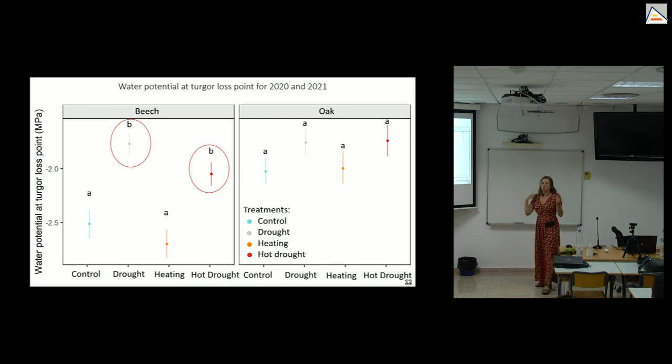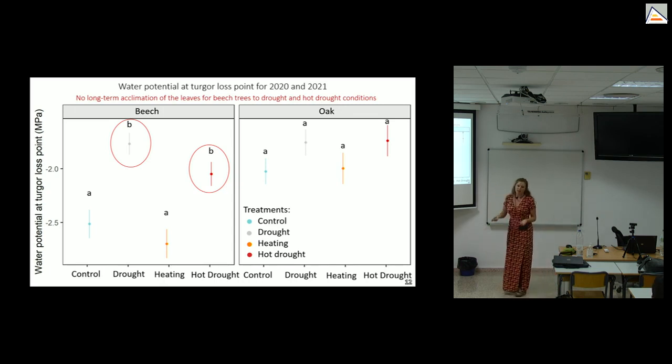So this is a little bit surprising because it's a long-term experiment, so we expect acclimation. But if there was acclimation, we should expect that under drought and hot drought treatment, the leaf should be able to handle more hydraulic stress, so have a lower water potential at turgor loss point than the control. But it's not the case. So what we can say is that there is no long-term acclimation of the leaf of beech trees to drought and